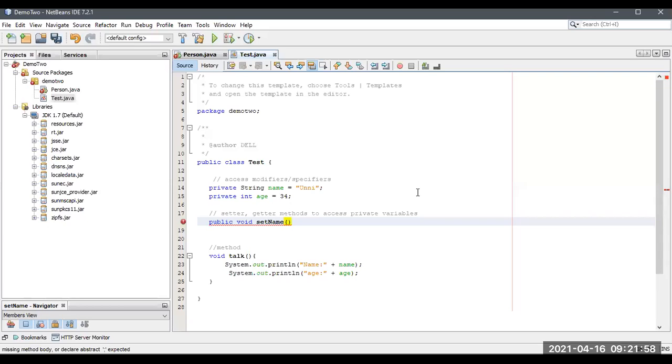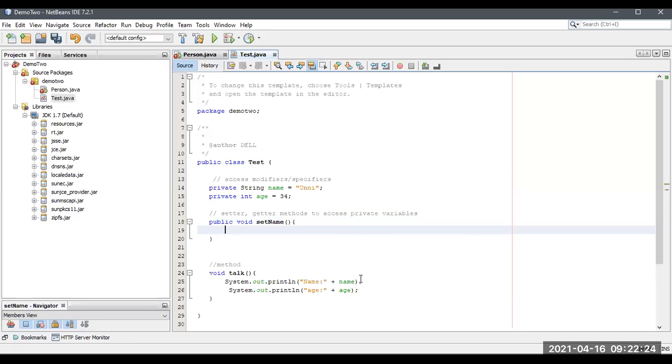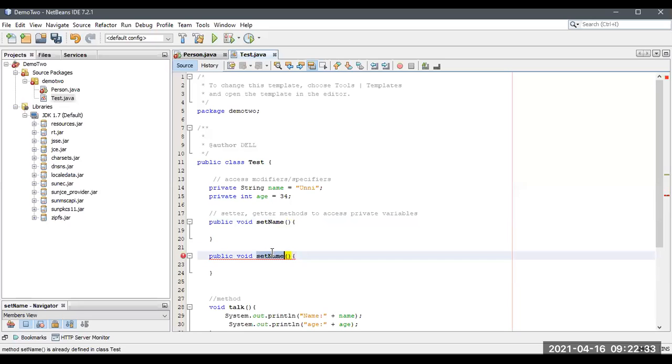That is the program. I'm going to copy this one for setAge.